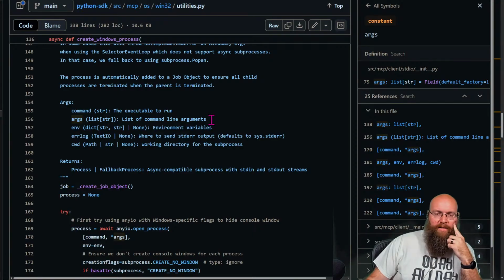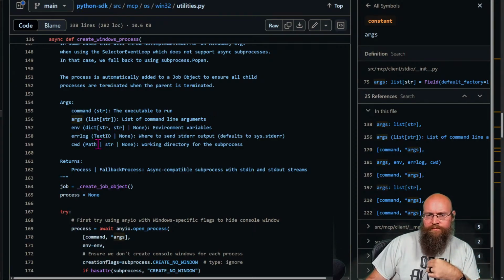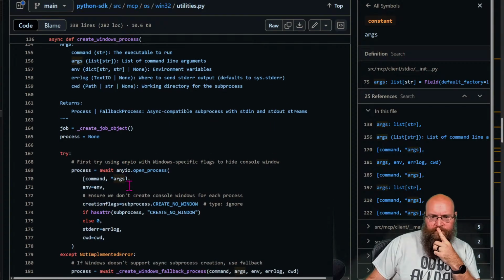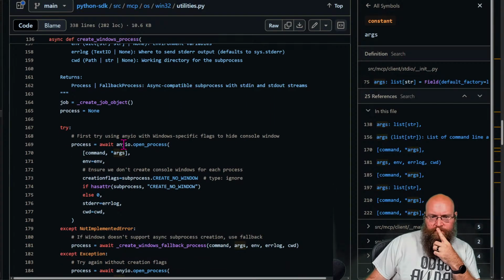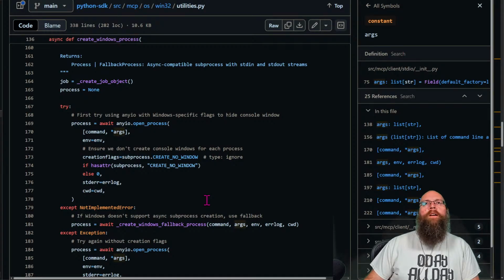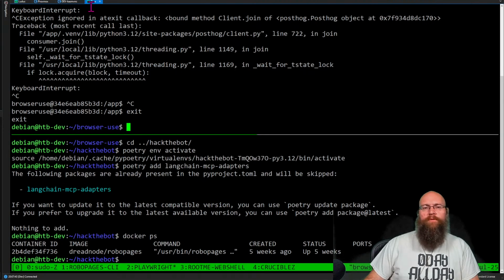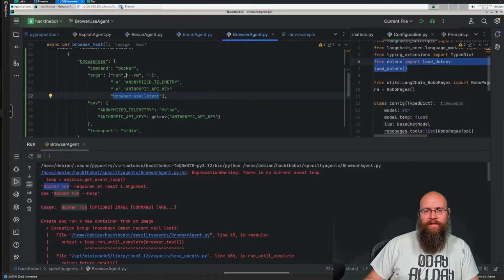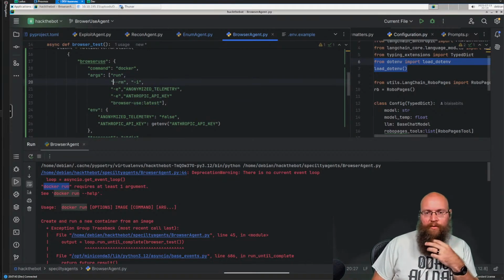List of the command line arguments. All right. So literally, I cannot figure out why it is spazzing out on what we've got here, because these look like they are legitimately formatted correctly.